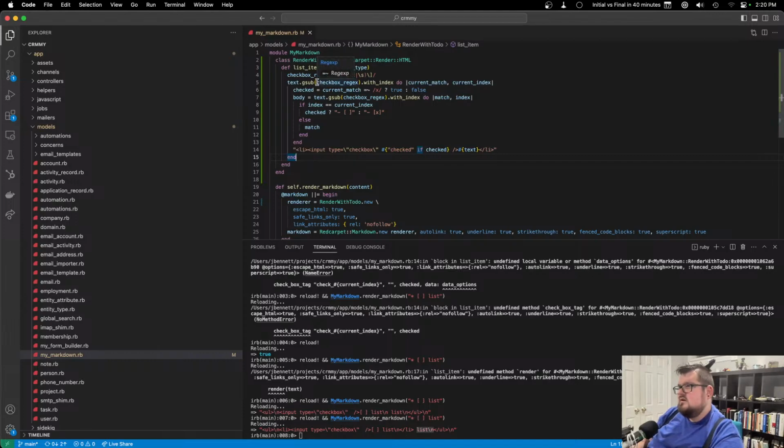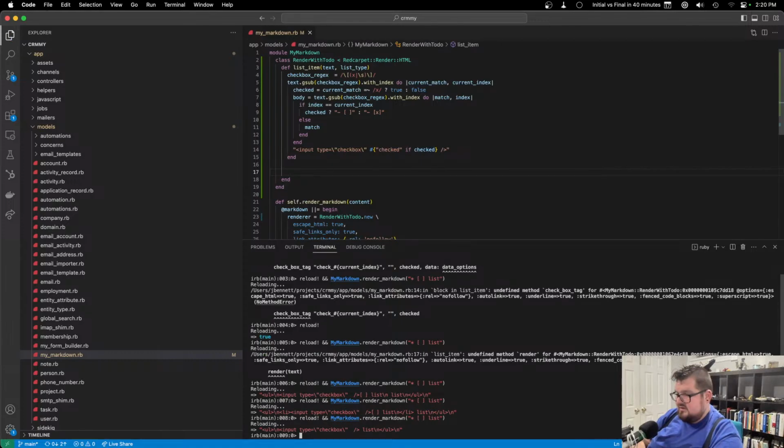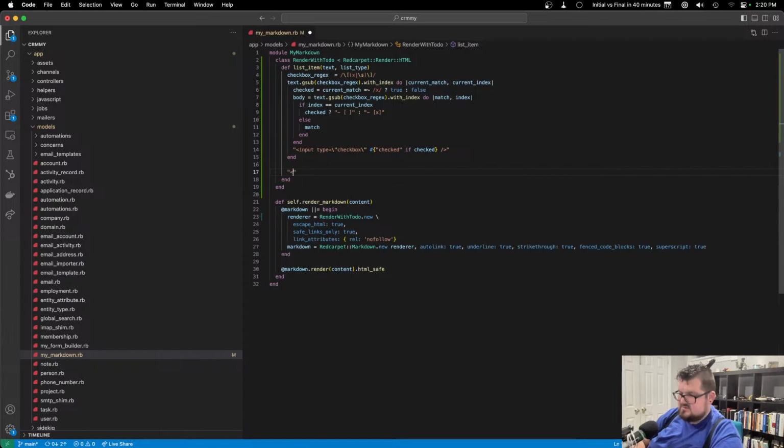Okay, so we want to replace just the regex with the input checkbox checked if checked, and then we're actually going to print out. So if we do that, that's going to be putting out the input type checkbox with the list, which is close. So now we just do li